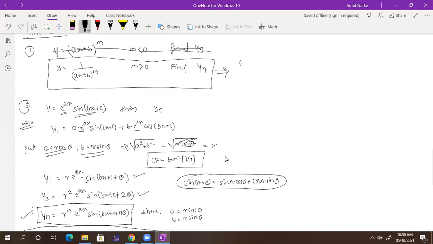Minus 1 to the power n, m plus n minus 1 factorial, ax plus b whole to the power minus, in bracket m plus n, into a to the power n. Into a raised to n. That is what you are talking about? No, sir. Ax plus b whole to the power m plus n. Okay, m plus n. And m plus n minus 1 factorial. Check it out. So m plus n minus 1 factorial.